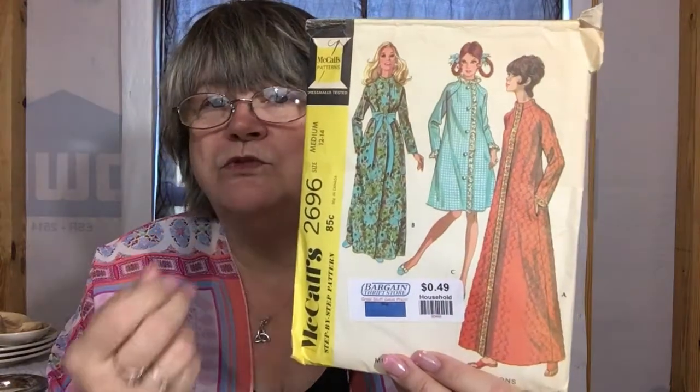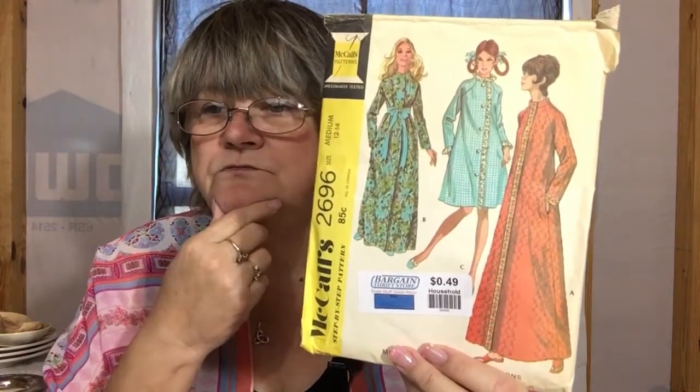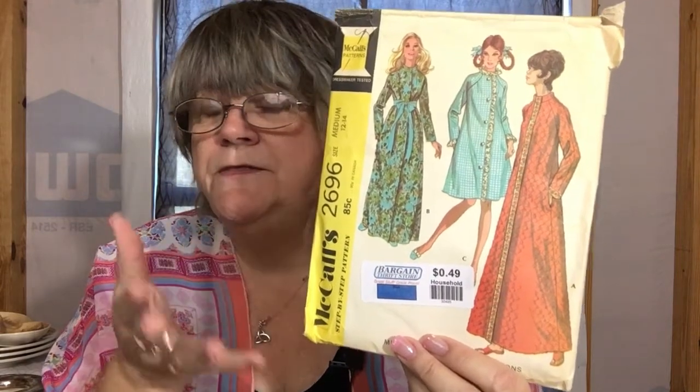This type of robe was really around for a long time, from the mid-50s on up through the 70s. You could get this style and type of robe. It was the 1940s when they had the lovely chenille robes and stuff. Now, something that I love to collect,